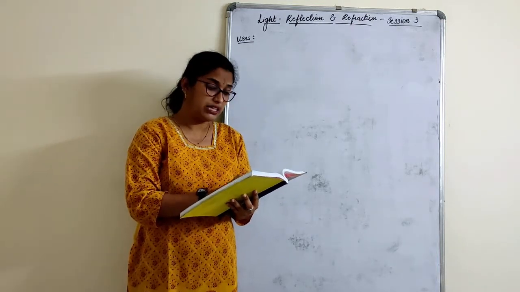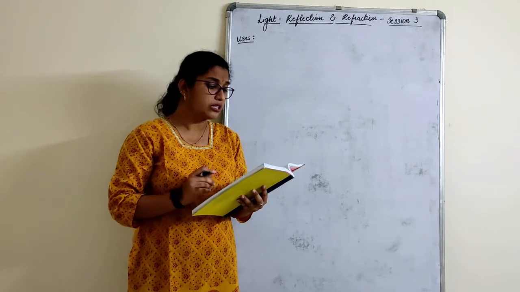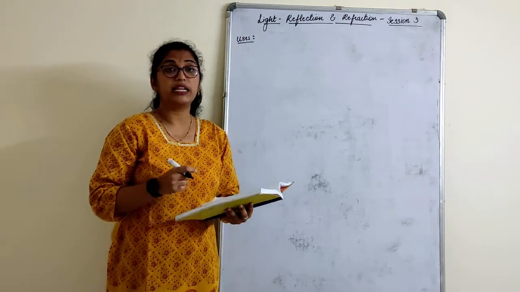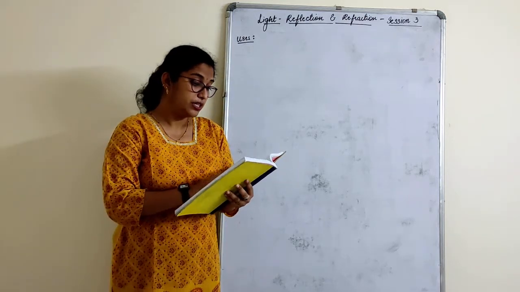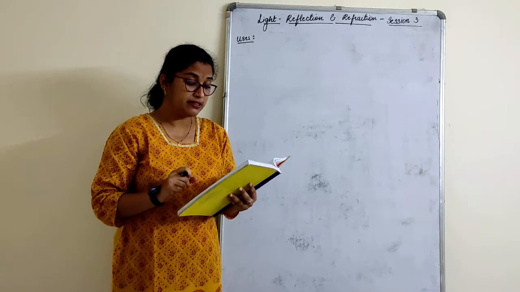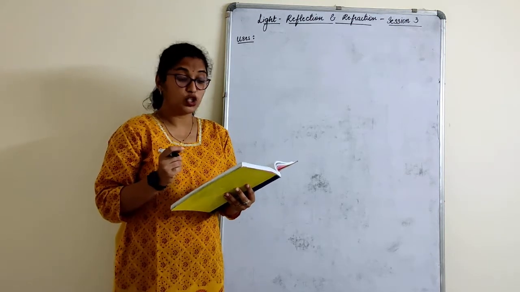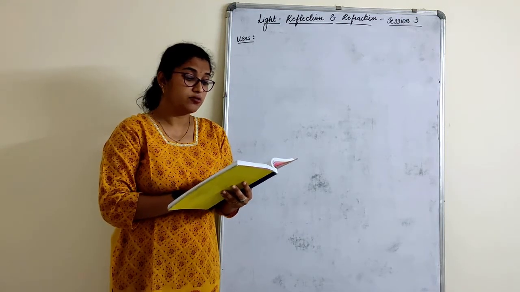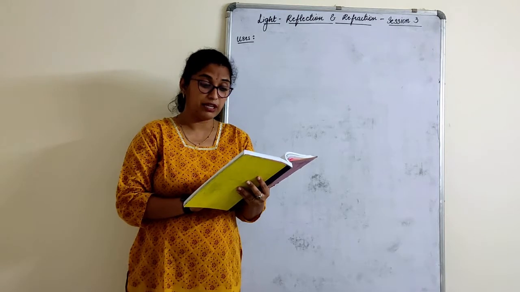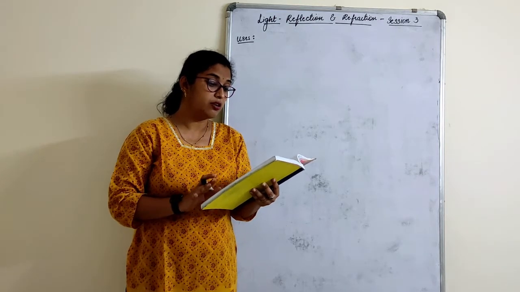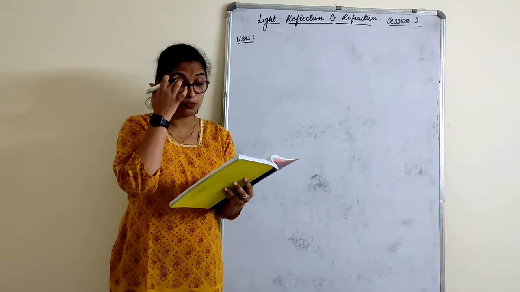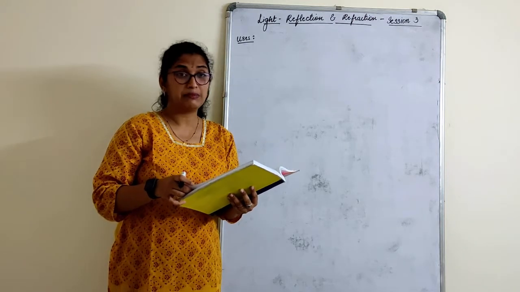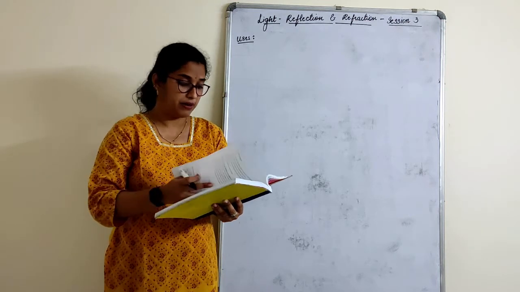It's given in the notes, I'll just read them out. Concave mirror is used in torches, searchlights and vehicle headlights, to get a powerful beam of light. Concave mirrors are also used by dentists to see a large image of the patient's teeth. A concave mirror is also used as a shaving mirror to see a larger image of the face. Concave mirrors are also used to concentrate sunlight to produce heat in a solar furnace. These are the different uses; sometimes it is also asked as give reason, for one mark.